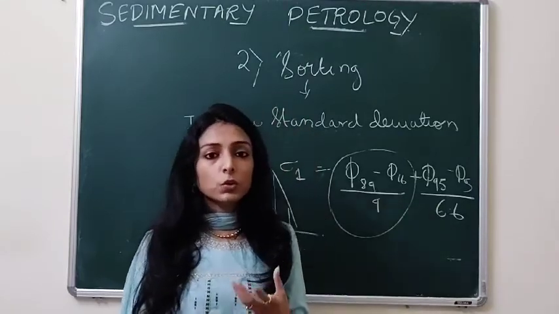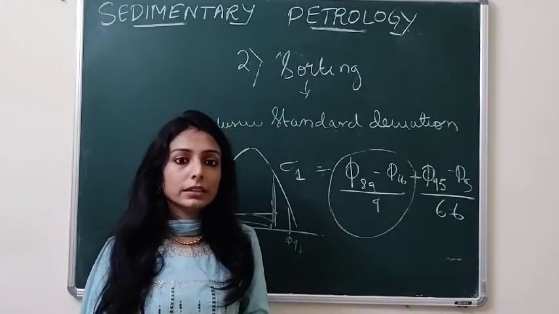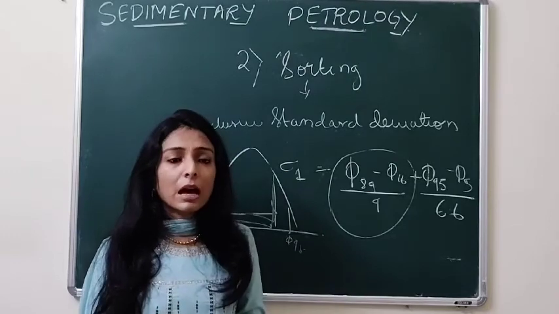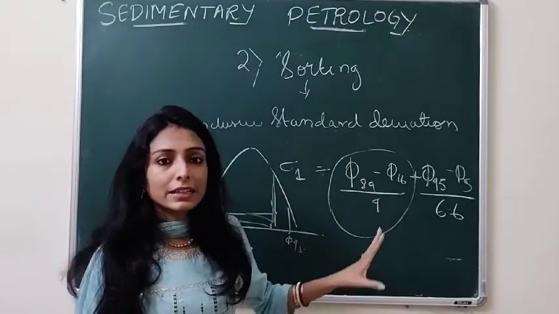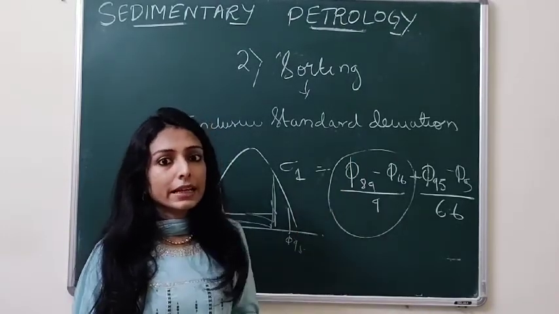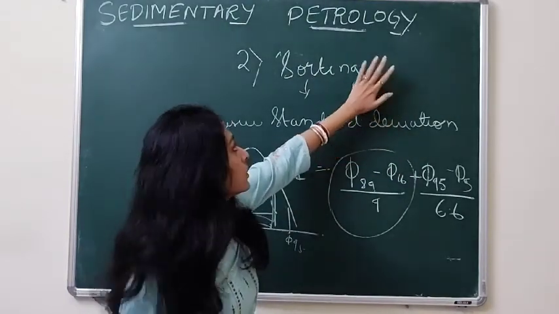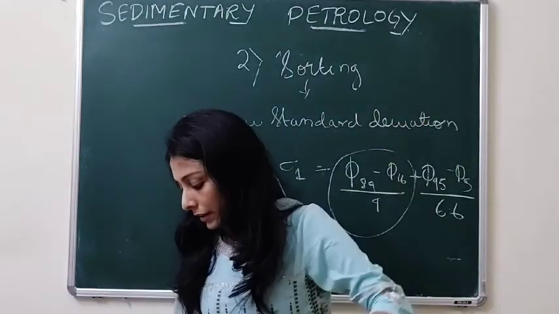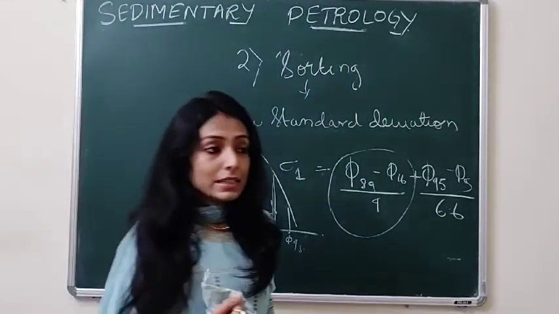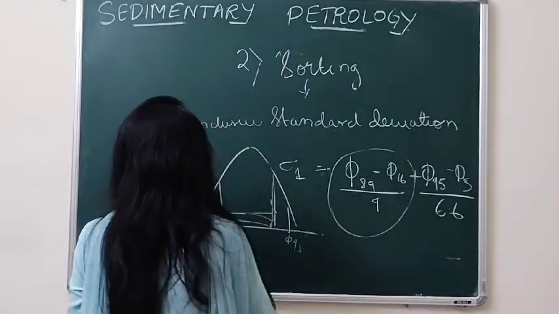So this scale you can find in any standard sedimentology book. Even I have shared it with you all in the class, and if you open Sandbox books for example, you will have that scale. So just see that scale, go through that scale, and remember that through inclusive standard deviation we can take out sorting. And the third task is the measure of the skewness.